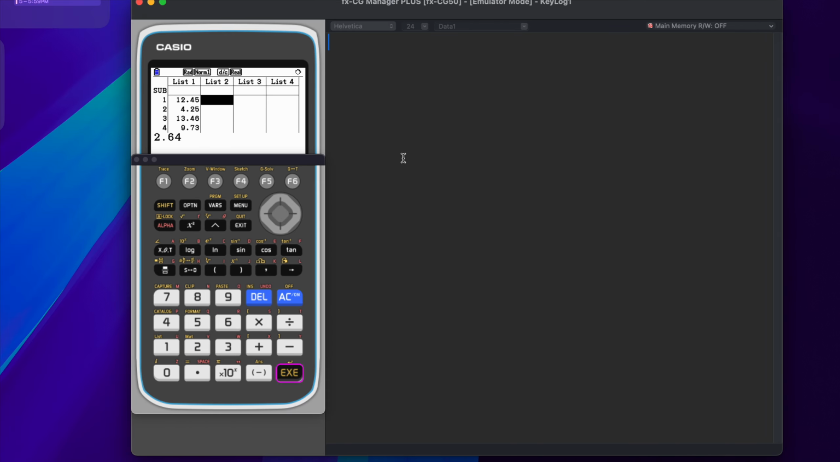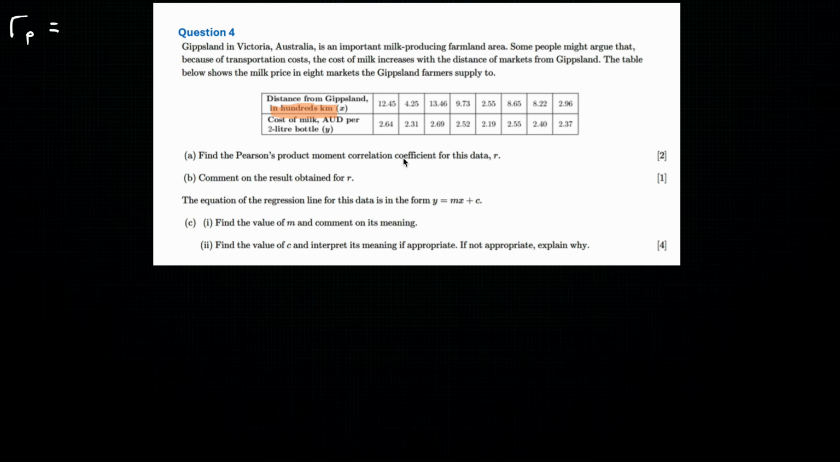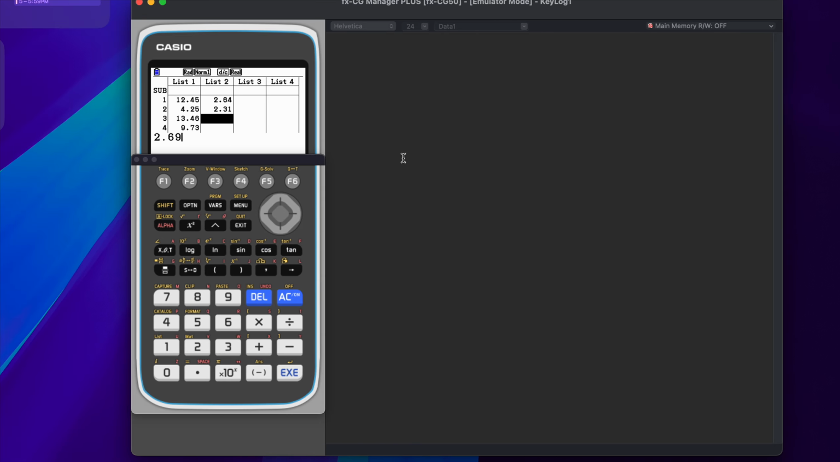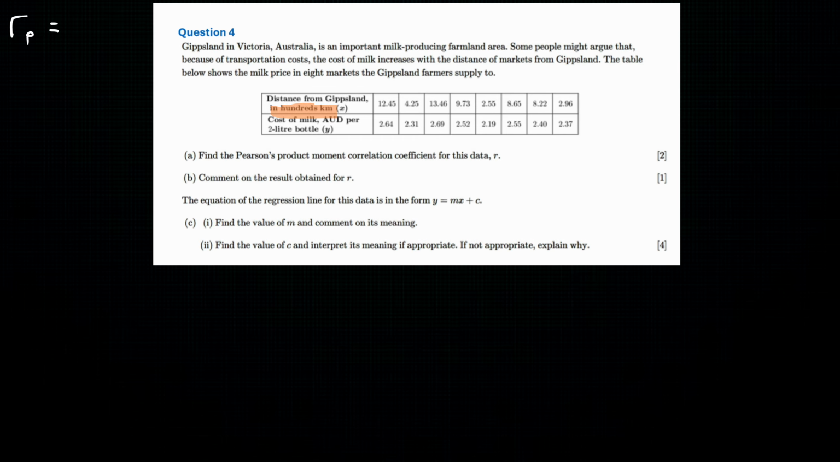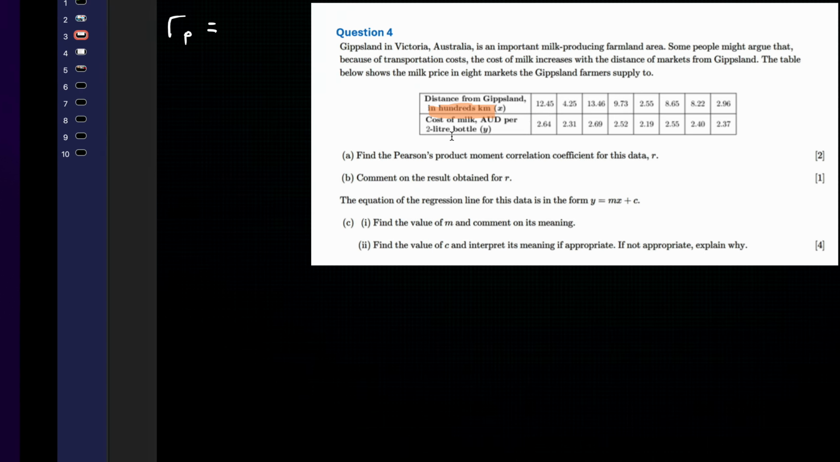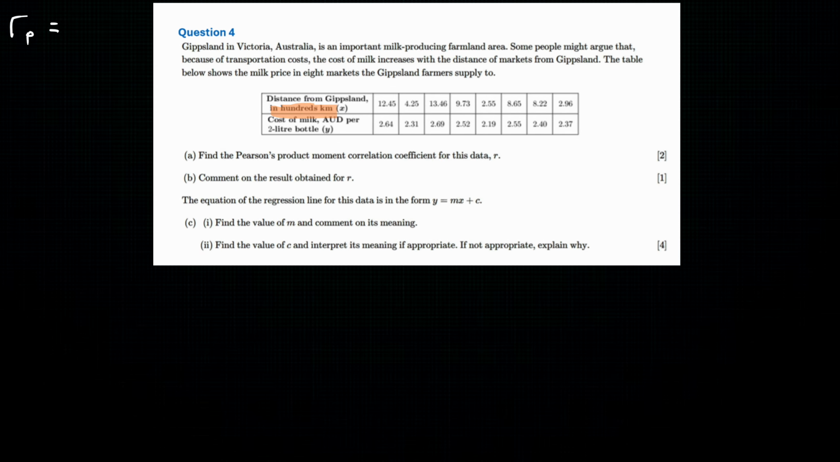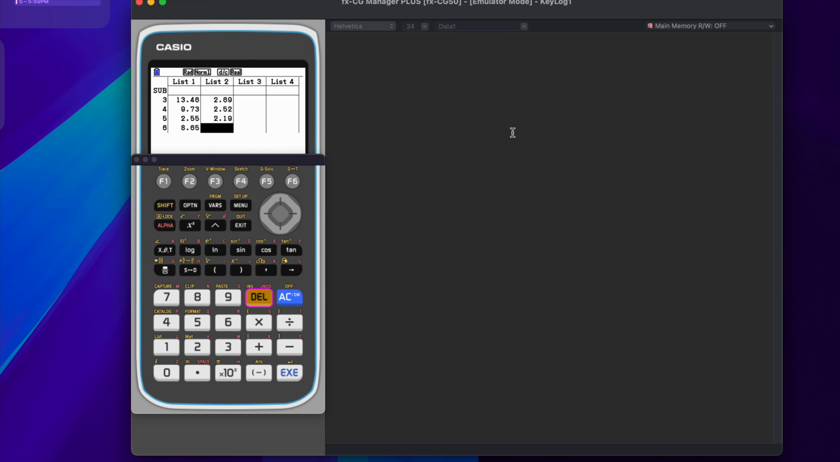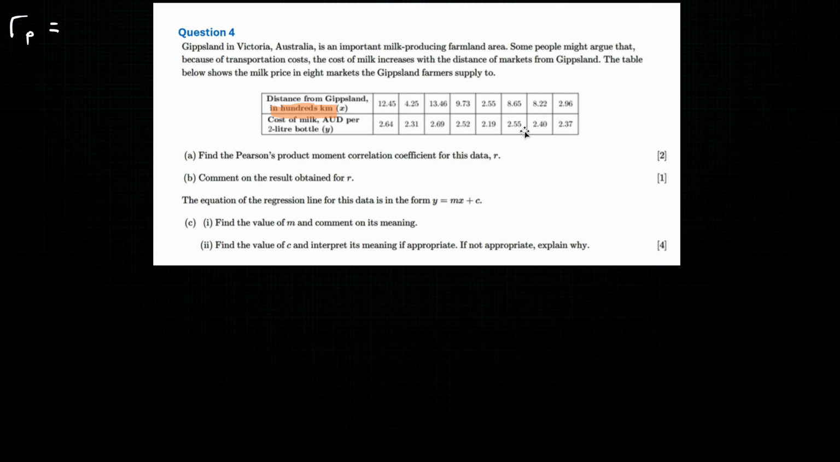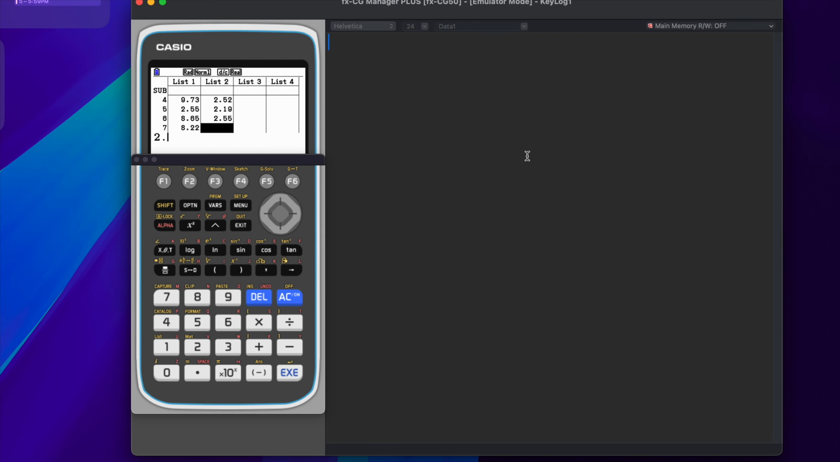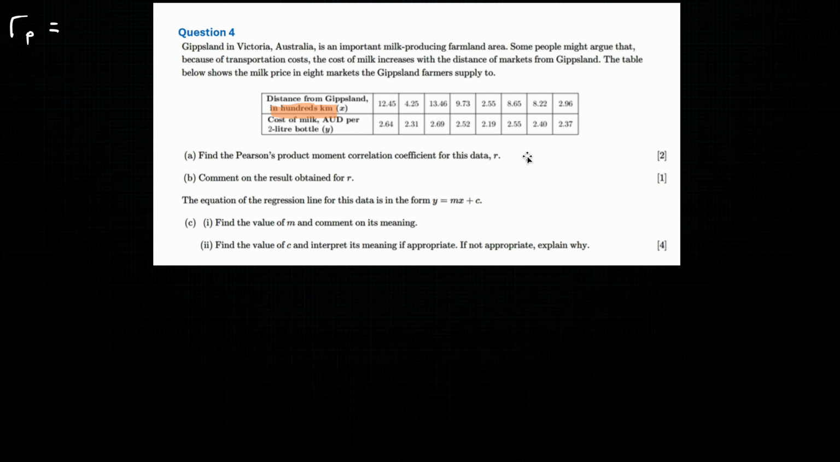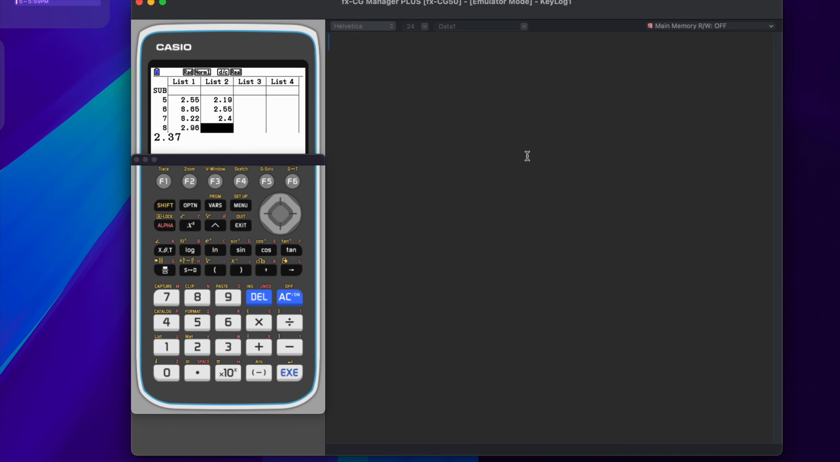2.64, 2.31, 2.69, 2.52, 2.19, 2.55, 2.40, and 2.37. To calculate the regression line, you would have had to press calculate, regression in bold, and x, ax plus b,